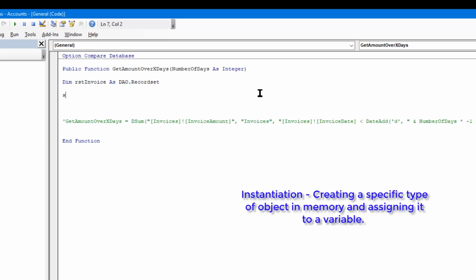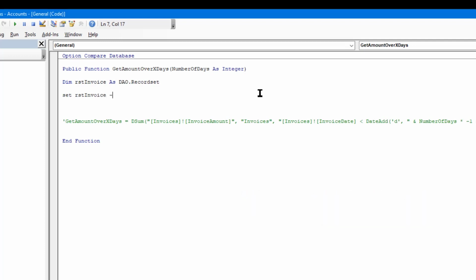So I'm going to say set rstInvoice equals CurrentDb.OpenRecordset. So I'm using the current database object. This is an object within VBA that represents the current database, and I'm using a method within that object called OpenRecordset, which will actually open a set of records such as a table or a query. And what I'm going to do is